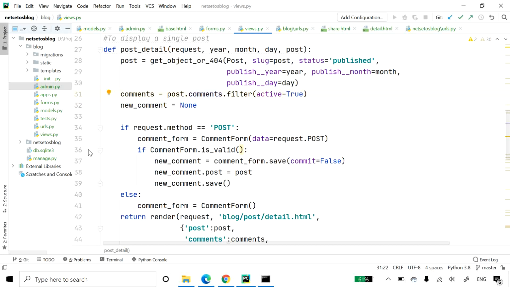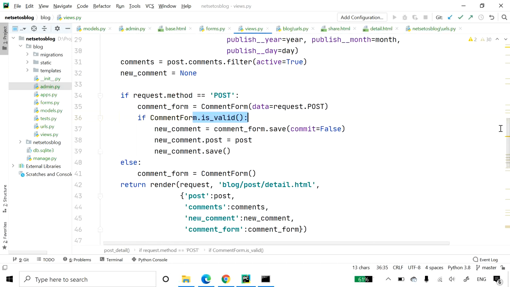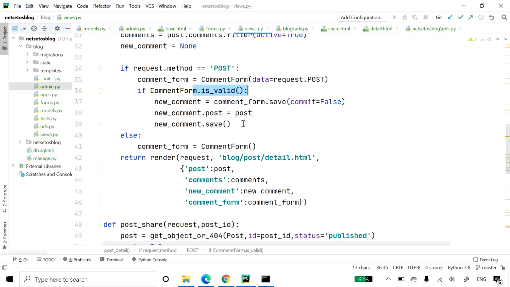Instead of building a queryset for the Comment model, we leverage the post object to retrieve the related comment objects. And after all the tasks, we have saved this into the database, as this save method creates an instance of the model that the form is linked to, and thereafter it will save it to the database. So till here our view is now ready to display and process new comments.